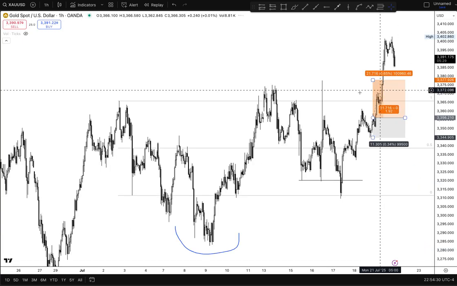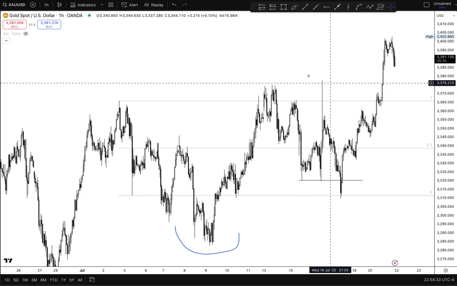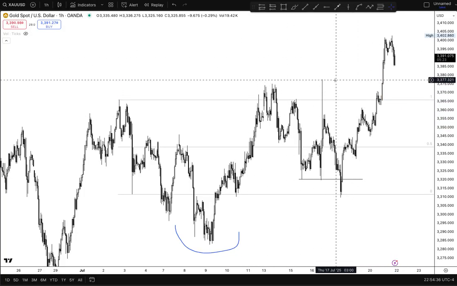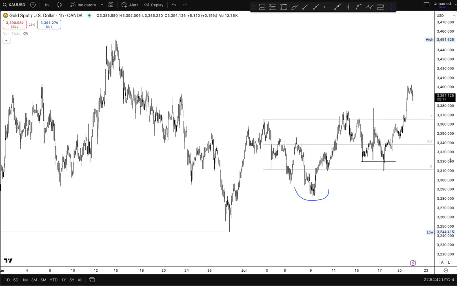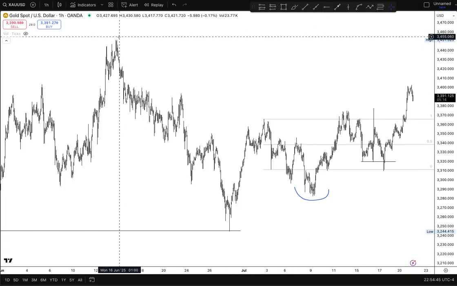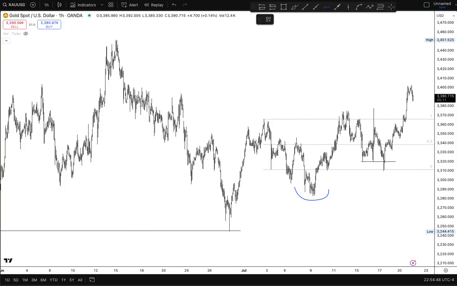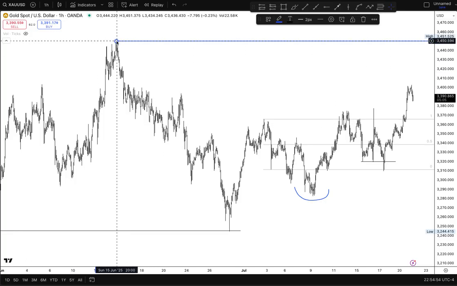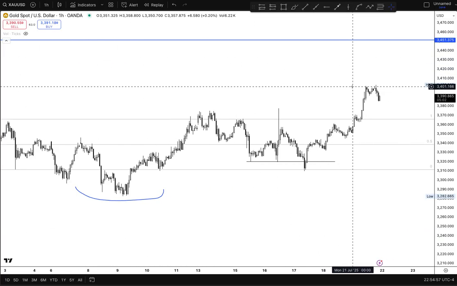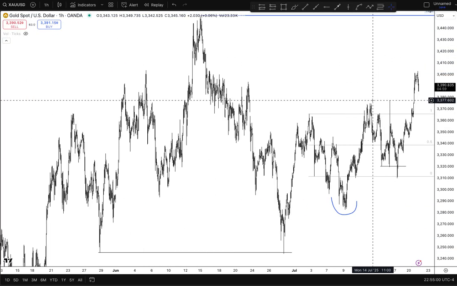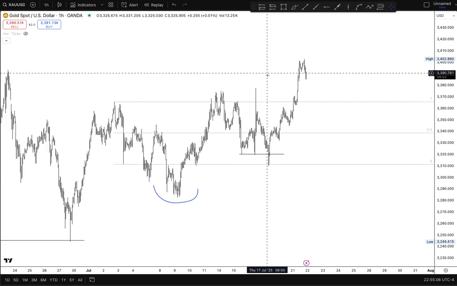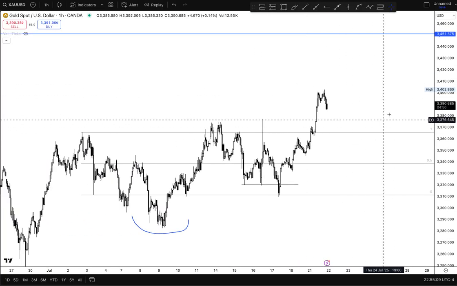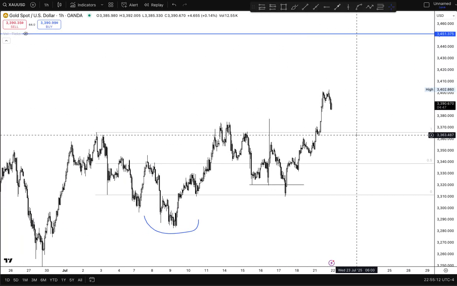And then going over to gold, this has taken out the range high already. So we could ideally, in the upcoming weeks, I think we'll probably start to trade towards this high here. But in terms of some short-term targets, nothing clear for me right now. I think we'll probably retrace a little bit and then possibly trade higher.